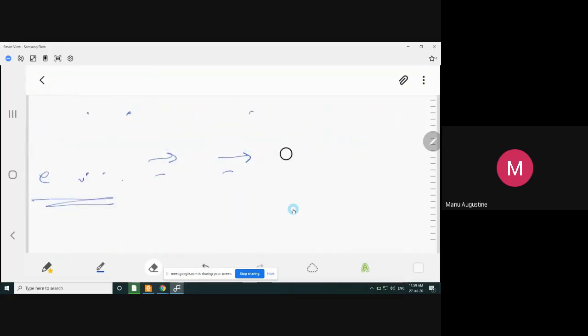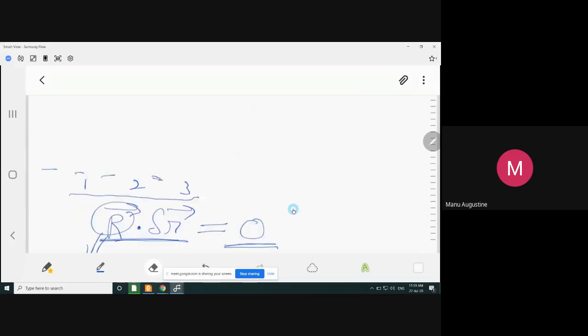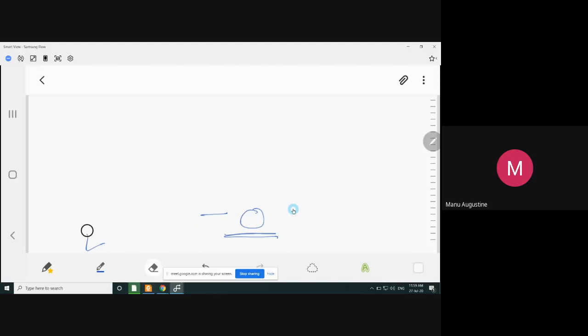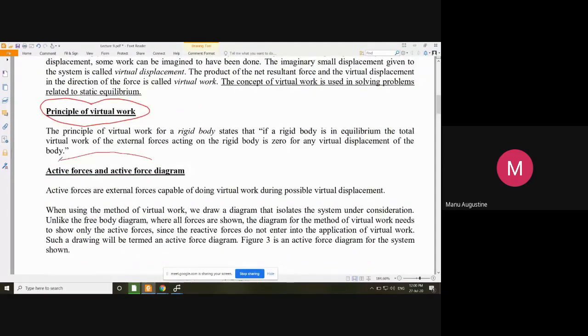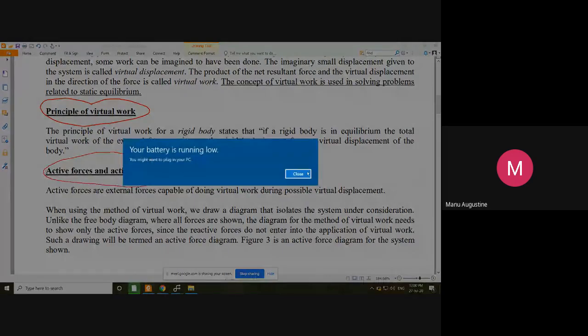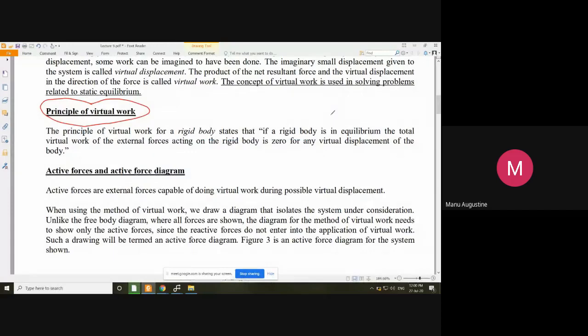Now let us move on and let us see how we can actually make use of this principle. अब अपन इसको कैसे मैथमेटिक्स में फायदे में उतार सकते हैं ये देखते हैं। प्रिंसिपल ऑफ वर्चुअल वर्क हो गया, लेकिन उस पे अपन बाद में पहुंचेंगे। But before that we have to cover some small topics that are given in your syllabus. आपने प्रिंसिपल ऑफ वर्चुअल वर्क आज सीख लिया है। इससे पहले कि अपन कोई मैथमेटिकल एग्जांपल देखें, there is something that you have to learn which is called active forces and active force diagram। ये क्या चीज है पहले इसको देखते हैं एक बार।